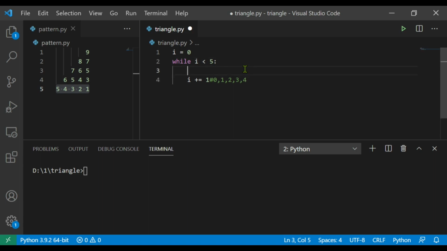To print this type of pattern, we require one more variable j with value 0 and a nested while loop. The nested while starts with j minus 1 less than i, and at the end of the nested while we are going to increase the j value by 1. So here in this condition, j minus 1 is going to give us minus 1 the very first time, less than i value 0, condition is true, then 0 less than 0, condition is false and